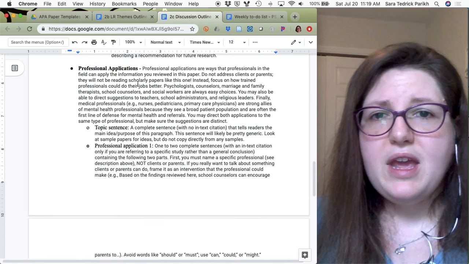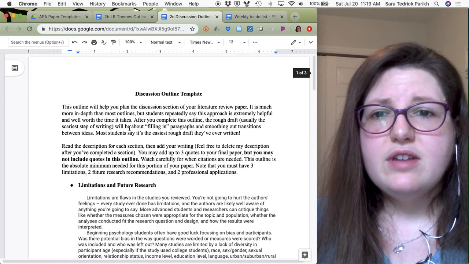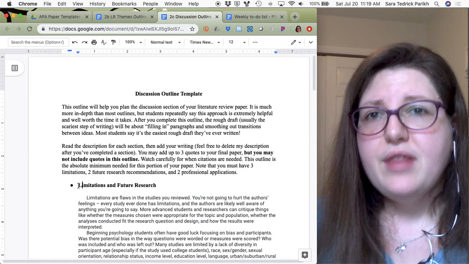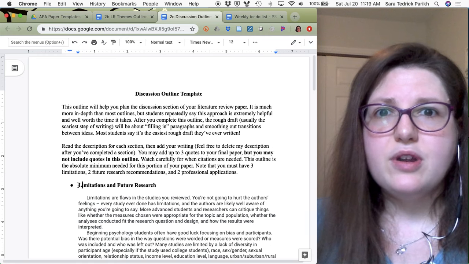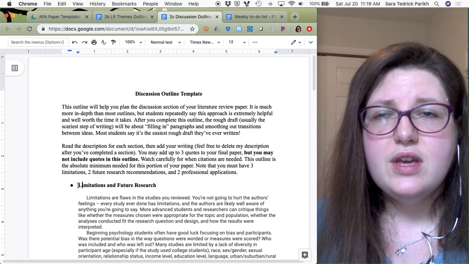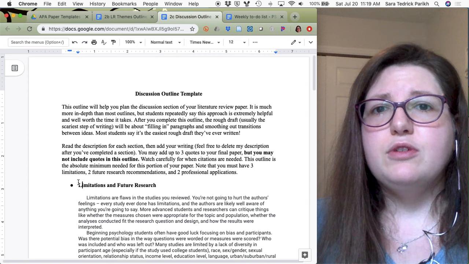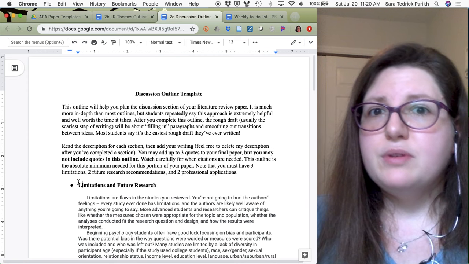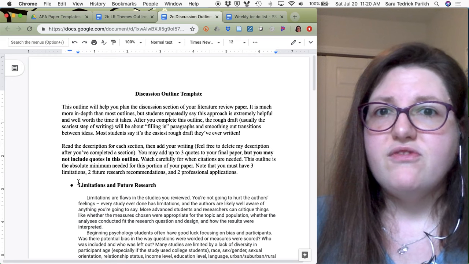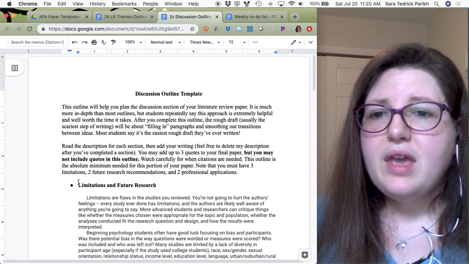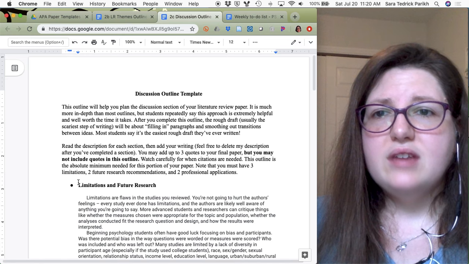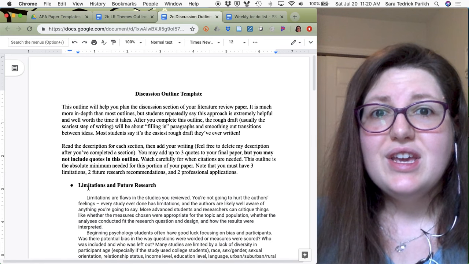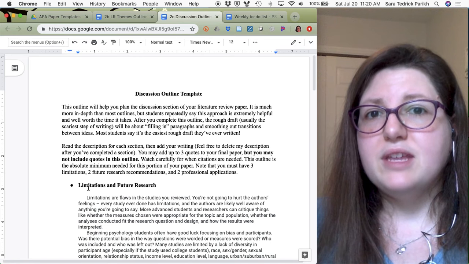When you look at your overall paper template, there is a buffer paragraph that goes before your limitations that is what I call sort of the summary paragraph, the discussion summary, which is where you take a breath and you review the main thesis, the main purpose of the paper. When you are doing research, you review the main findings. I don't include that here because the whole point of doing this section first is that you don't have to have your outline planned out.